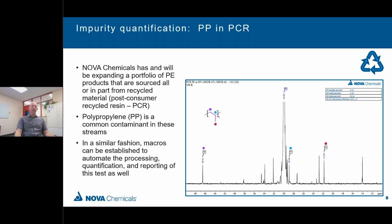appetite for these materials. While mechanical sorting can be quite effective at producing fairly pure streams of recycled polyethylene, one common contaminant in the recyclate is polypropylene. So a carbon spectrum of a PCR polyethylene is shown on this slide. The large peak at 30 ppm is from polyethylene, as are many of the smaller ones. And from looking at this, I can tell that the polyethylene portion of this mixture comprises butene, hexene, and octene